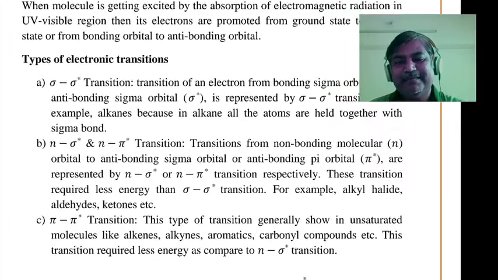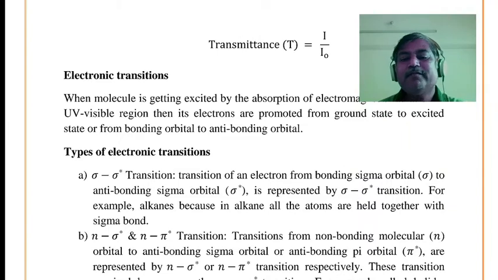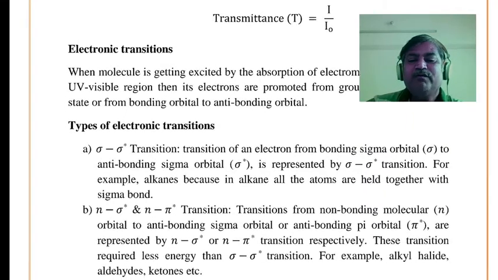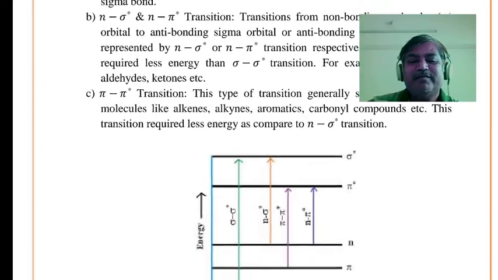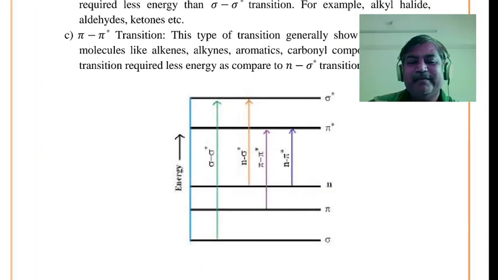Hence now we have to study the types of electronic transitions. Most of you are familiar with this diagram. There are 4 major types of transitions observed whenever a molecule is exposed to